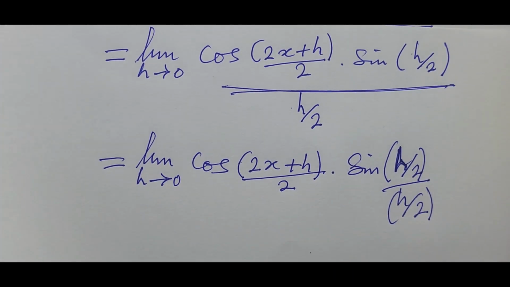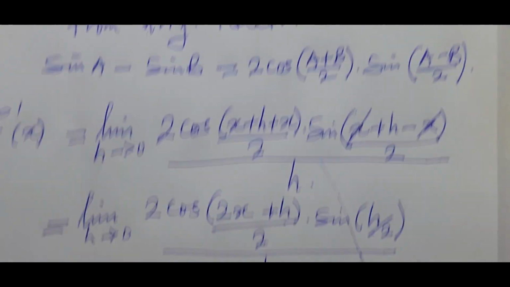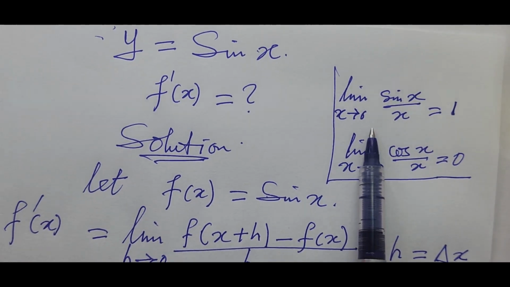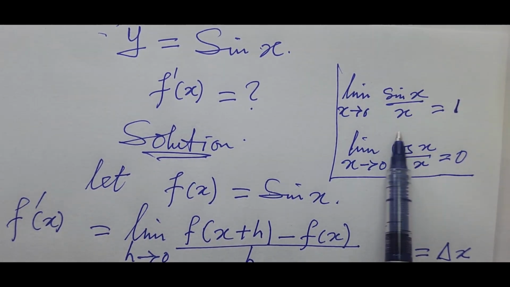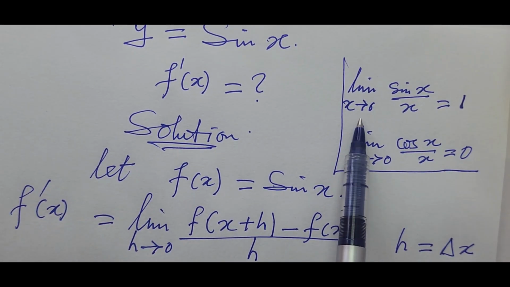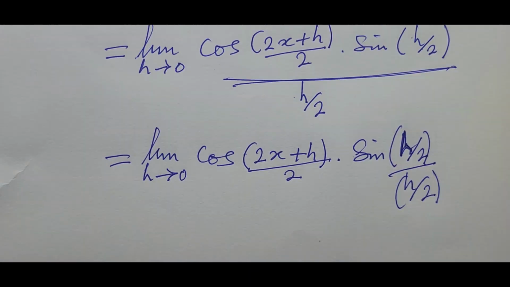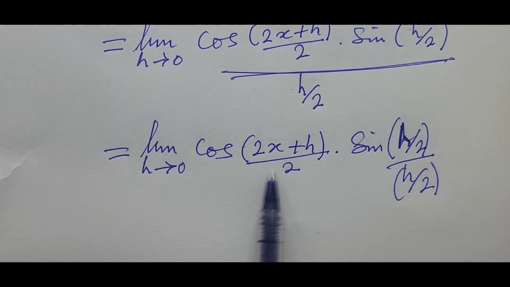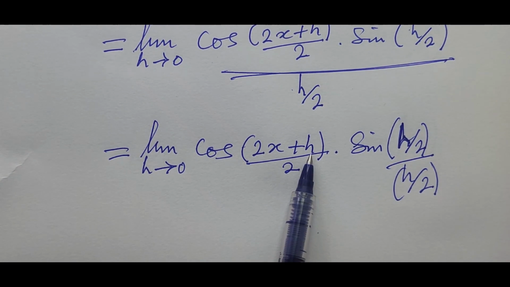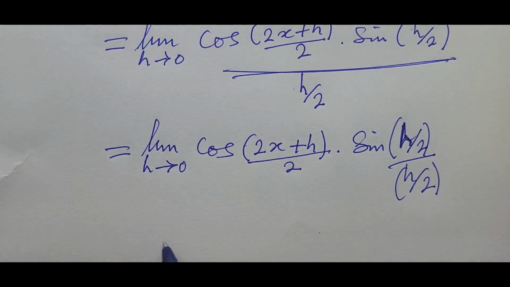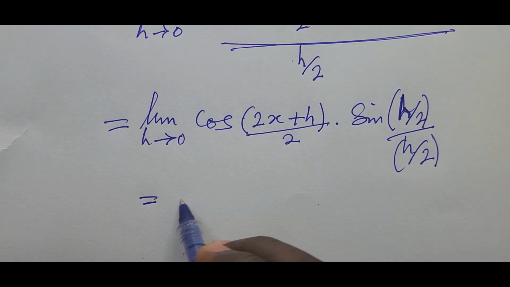Why are we doing this? Remember that the limit of sine x all over x is 1 as x tends to 0. So if this gives us 1, what happened to this? As h tends to 0, this will be 0. And so we'll be left with cos